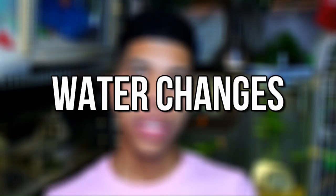So the first method is going to be more of an obvious one, but it is definitely just as helpful. The first method is water changes. So if you keep fish, you should be doing water changes regardless anyway, but more frequent and a higher percentage of water being changed will keep your water less cloudy and more clean. Not only does this literally take out old water and put in fresh clean water, but it's also good to make sure that you do not have too many excessive toxic nutrients in the water, such as nitrates, phosphorus, and